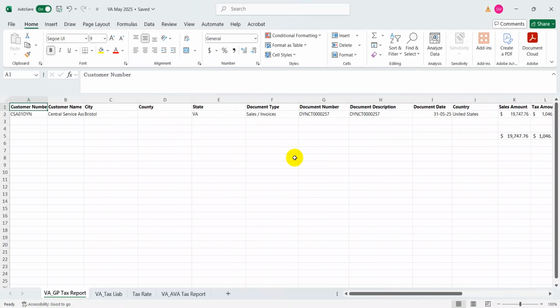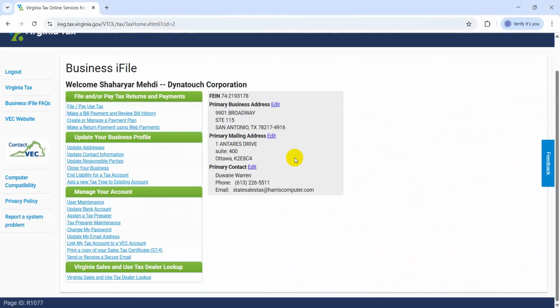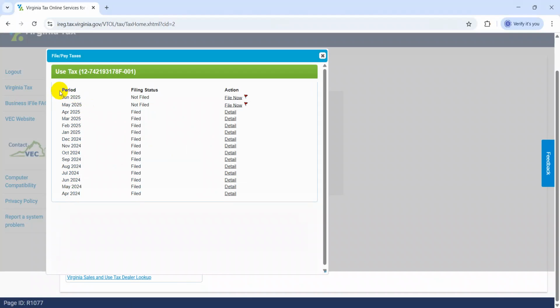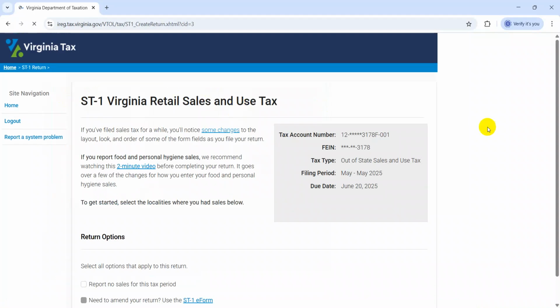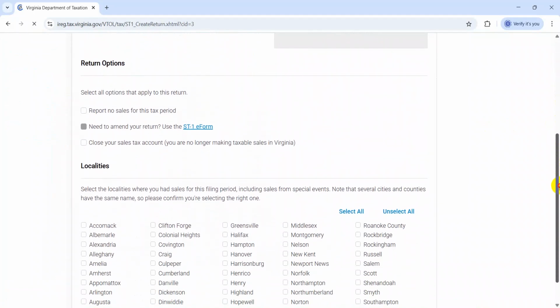So this is my report, and now here on the portal, once you log in, you will just click File, Pay, Use Tax. Here you can select the period which you want to file the return. So I will click here May. Now here you will have to